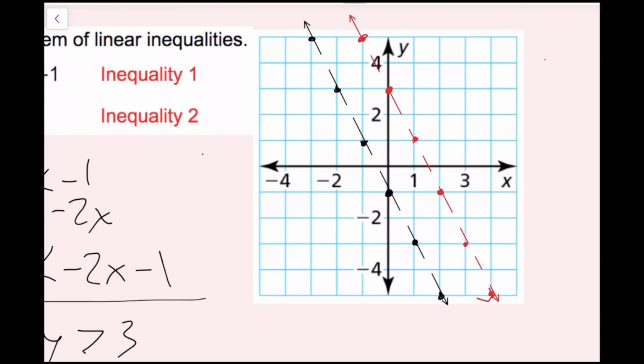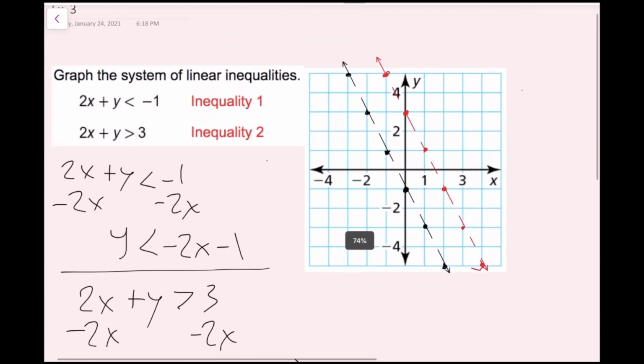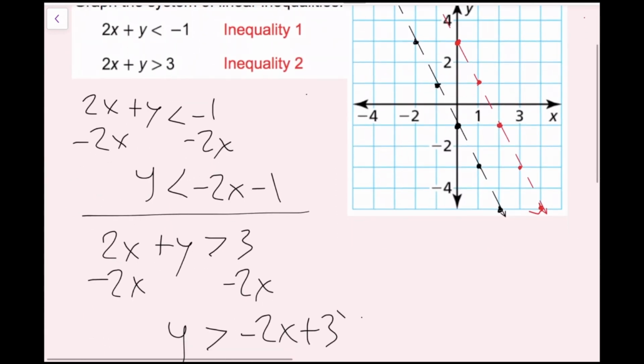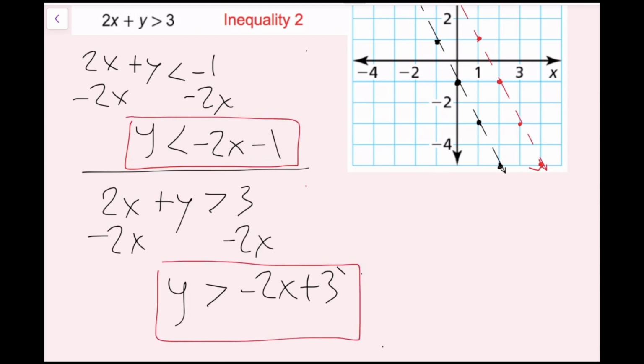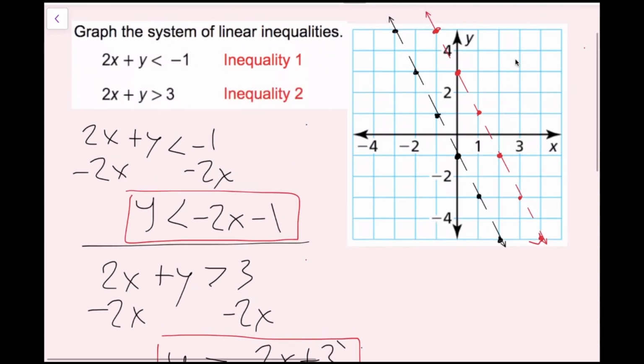Now I want to figure out what section I want to shade in. Okay, so if we look at our final inequalities here, I'm going to box them right now. Okay, I want to be below this black line right here. This one's the black line. I want to be below this, and I want to be above this at the same time. Okay, well, if you look at that, that's actually impossible. I can't have a solution that is both below this black line and above this red line at the same